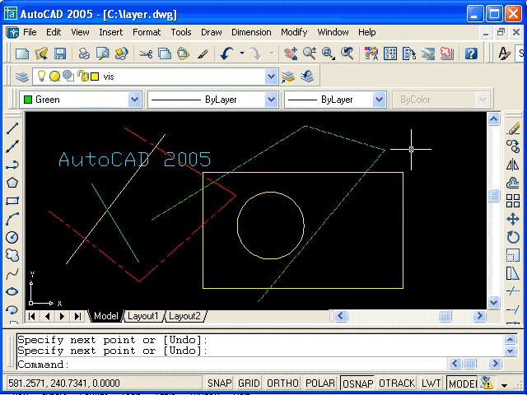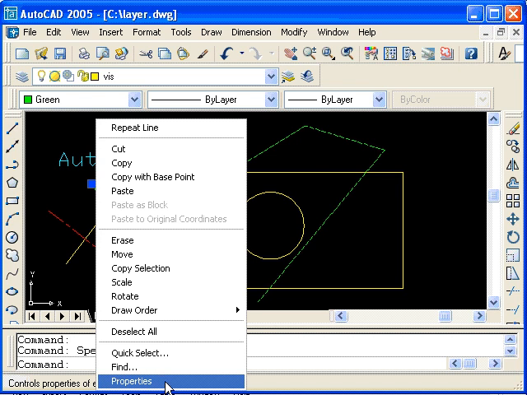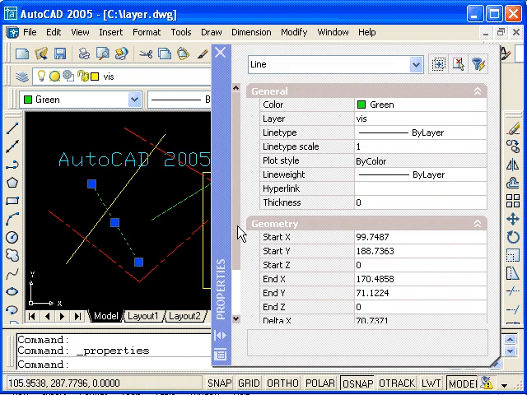Now the easiest way to change the properties of an object in AutoCAD is through the Properties window. There are a number of different ways of accessing the Properties window. One way is to select the object or objects that you are interested in, and then right-click. At the bottom, you see Properties. When I select it, the Properties window opens. We are currently seeing the properties of that line. As you can see, there's the color green, it is on the visible layer,